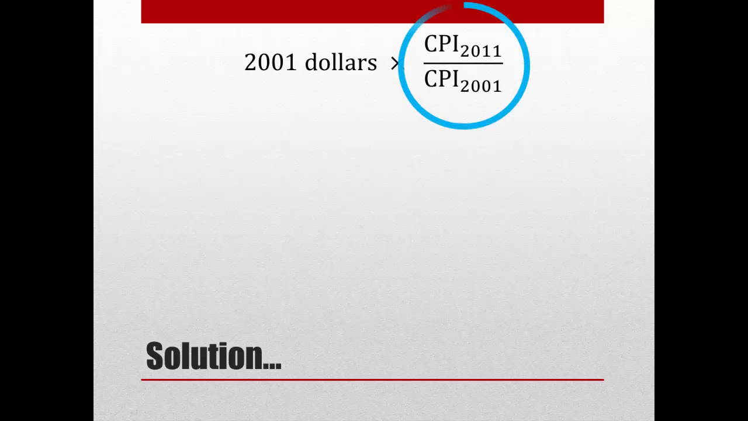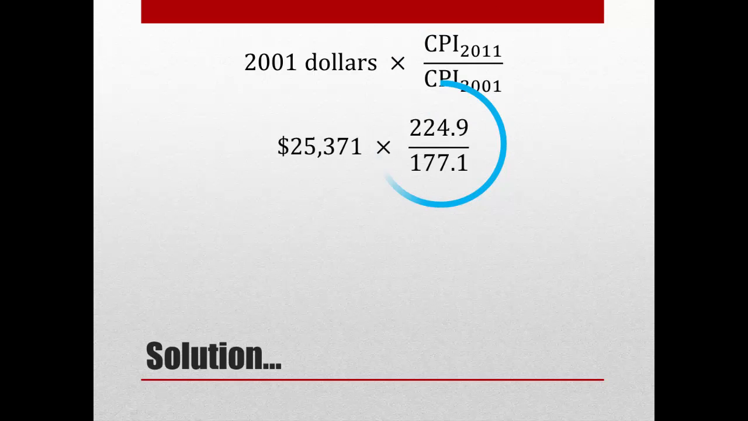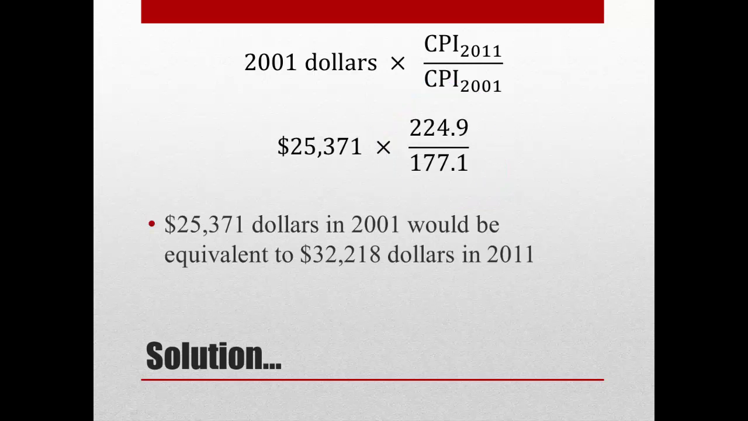The ratio of the CPIs from one year to the next will tell us how much more or less expensive items were in the new year. The ratio of 224.9 to 177.1 indicates that items are roughly 1.27 times as expensive in 2011 as they were in 2001. So if we multiply the 2001 tuition or dollar amount of $25,371 by the 1.27, or the ratio of the CPIs from one year to the next, we can see that